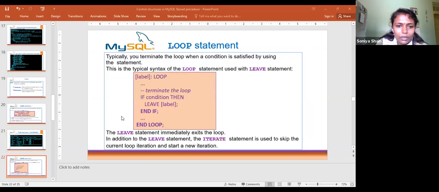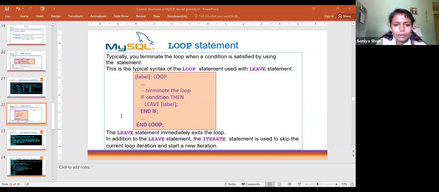Next comes the syntax of using the loop statement with the leave statement. I already told you a leave can be used in multiple places. You can quit from a case statement: if one statement is executed, you can leave from there.